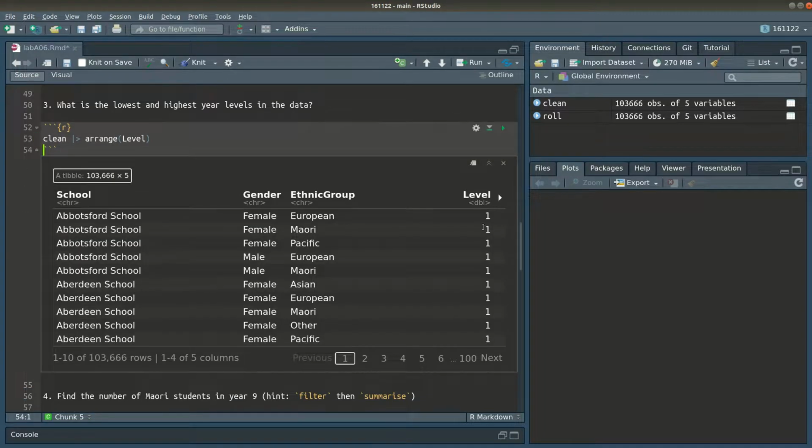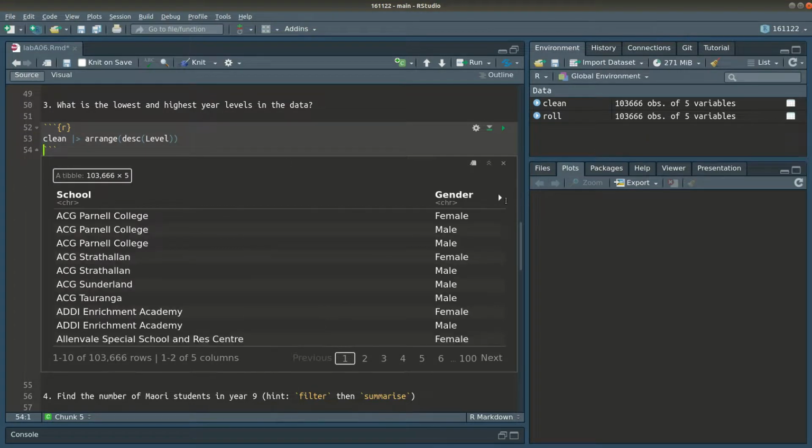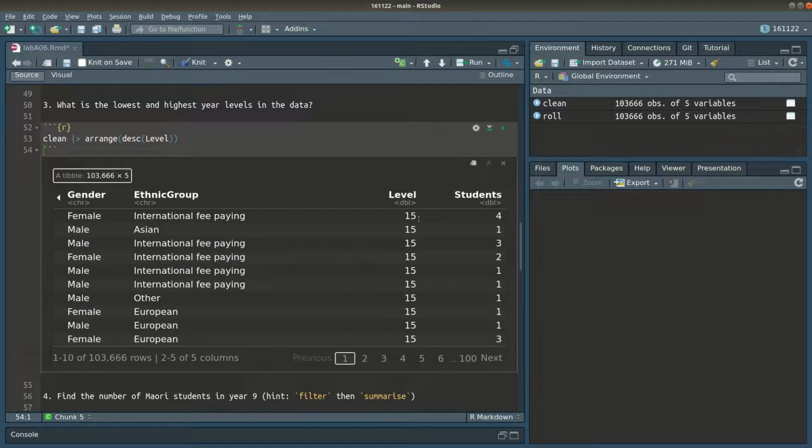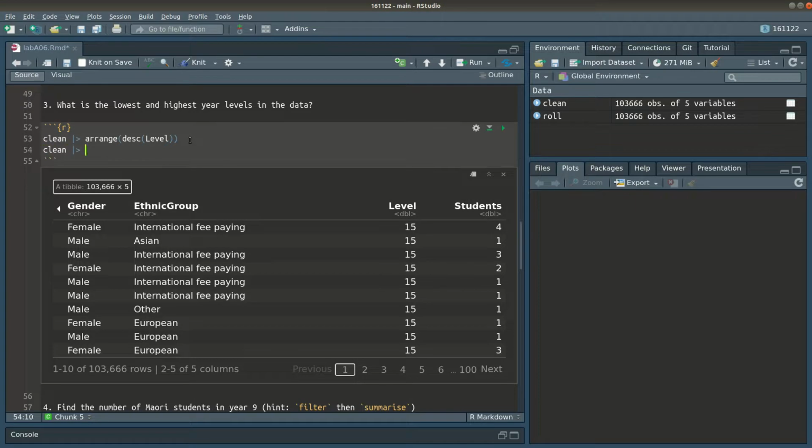So we can see that it starts at 1, and then we could arrange by year level descending, and we can see that it starts at 15. So the year levels are 1 through 15. Okay. The other way, of course, is to